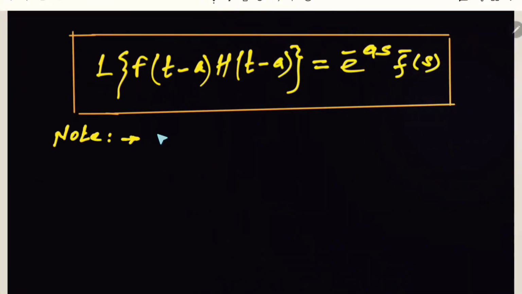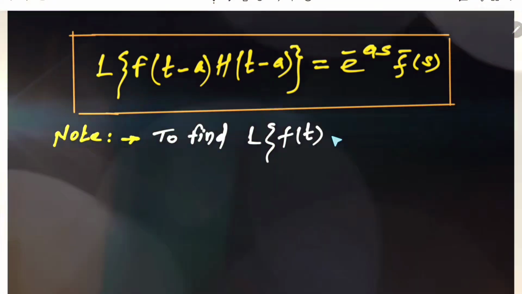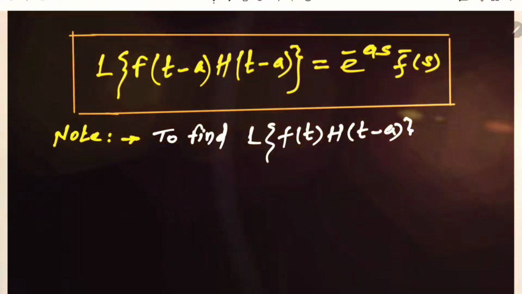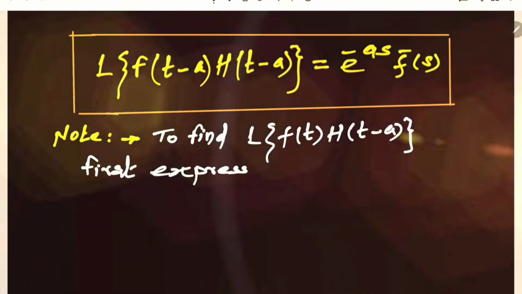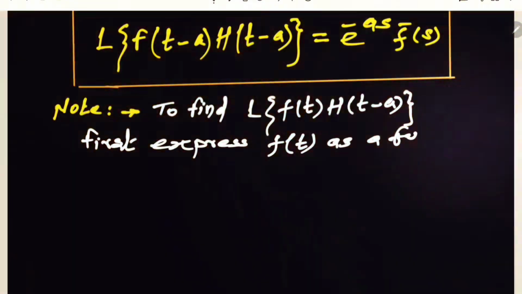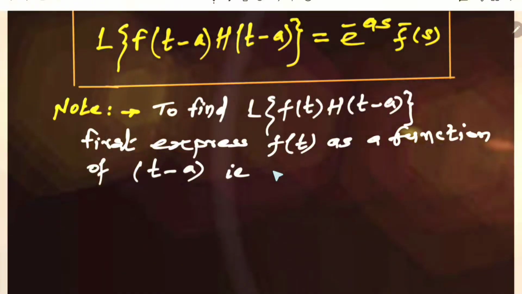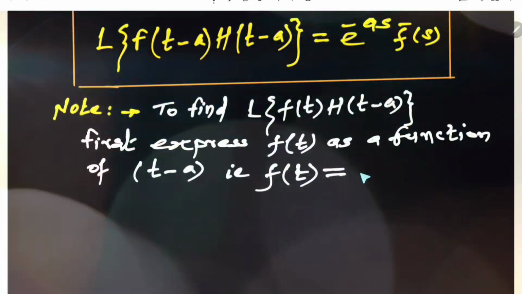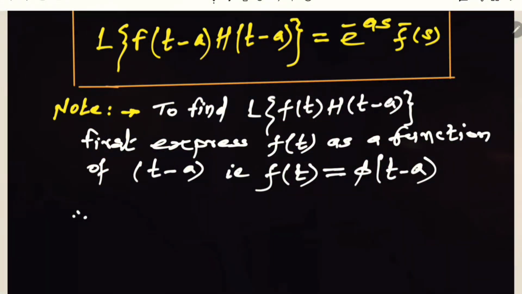Then we take one note to find Laplace of f of t into h of t minus a. The first step is we have to express that f of t in terms of t minus a. Means we have to adjust that term t as t minus a, function of t minus a, and that new function we call as phi of t minus a. Therefore, f of t is equals to phi of t minus a, new function, and then that Laplace of f